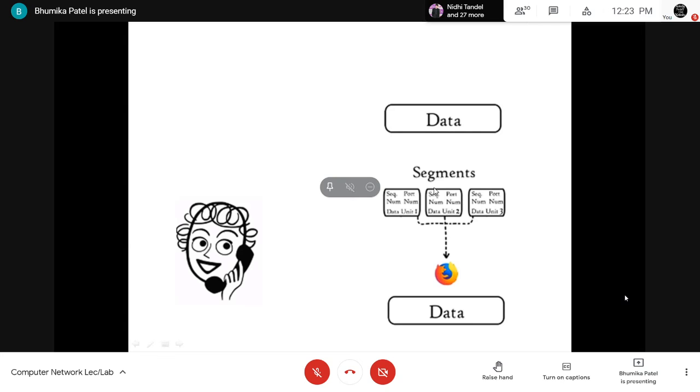It may be possible that at the receiver side, first segment number 3 arrives, then segment number 1, then segment number 2. The arrival sequence is 3, 1 and 2, but the final data must be generated as 1, 2 and 3. So this sequence number will help in reassembling the segments into the original data.